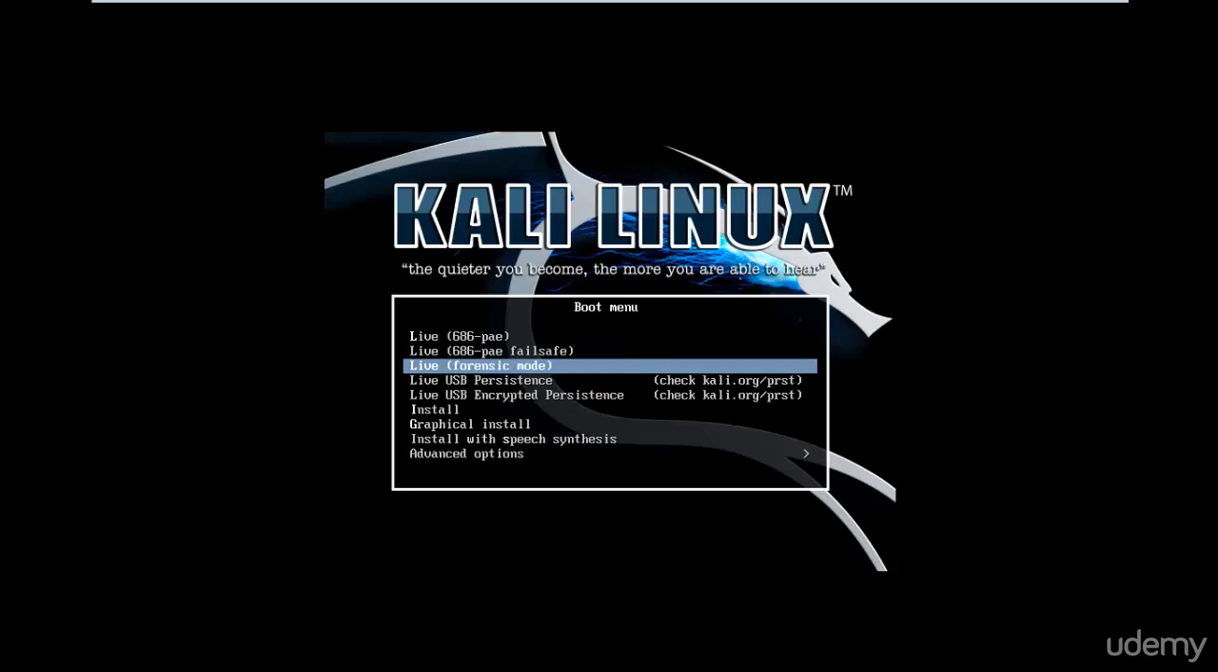These are the forensic method. That means it won't even leave any single trail, no matter what. But we would be proceeding with graphic install, since we need to go and install that. So graphic install, and